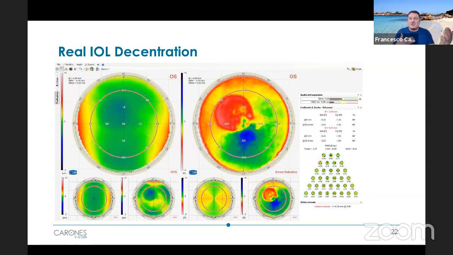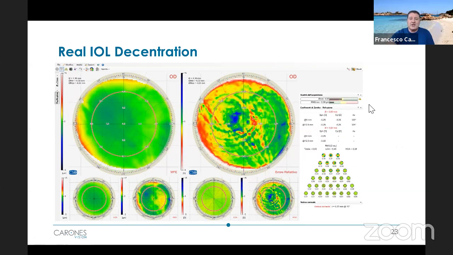Because when you see them at the slit lamp, you will not see anything. So if you will not see anything, and the patient for any reason is complaining, you will not understand if the patient is complaining just because of the lens or because of the lens being decentered. So here is an example where you can see very well that it is decentered, inducing some coma, as